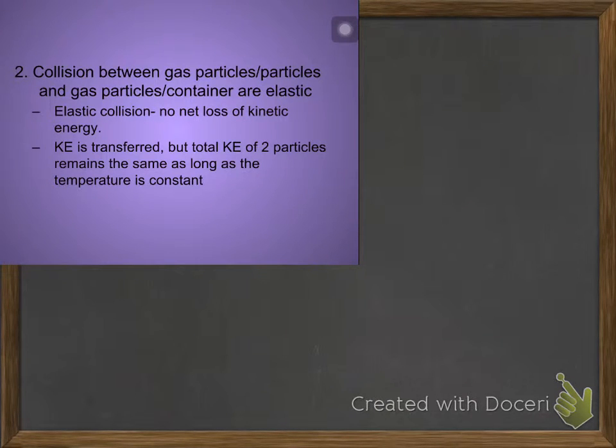The second assumption about how gases behave, according to the kinetic molecular theory, is that when gas particles collide with other particles or with their container, such as the wall of a balloon, or the wall of a room, or the wall of a cylinder, those collisions are what are called elastic. That basically means that neither particle slows down. Nothing changes its velocity. So it means that kinetic energy does get transferred, but none is lost as long as we don't change the temperature.